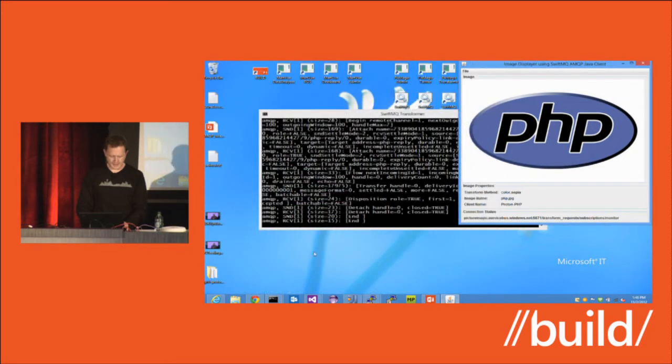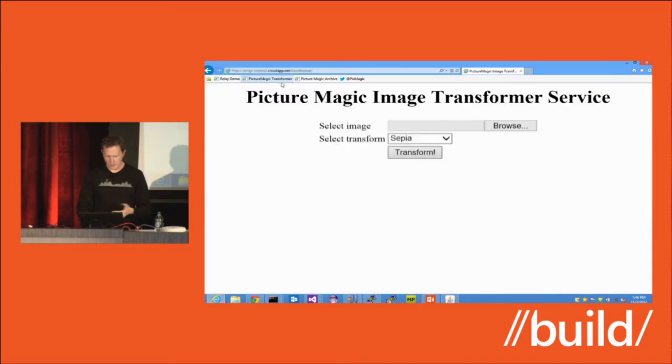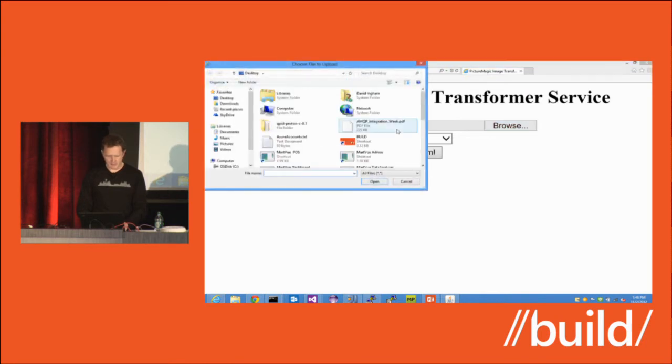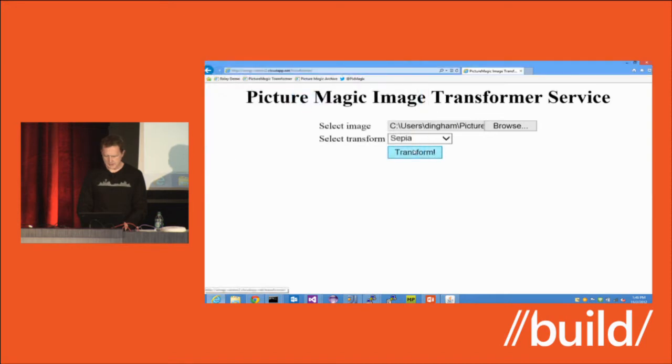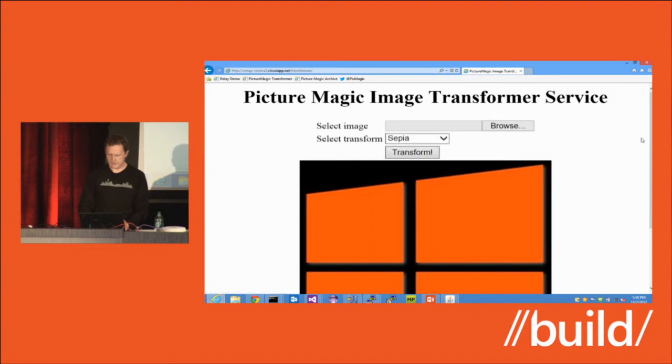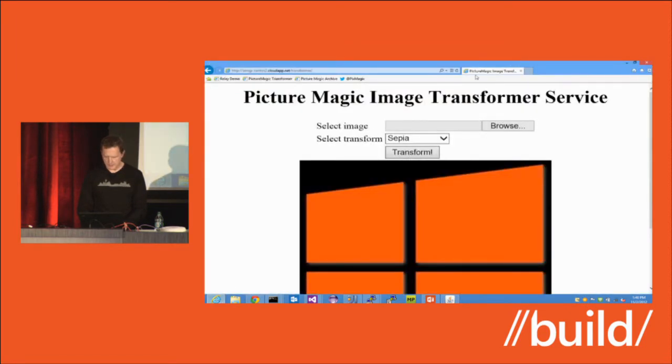I've also set up on that same machine, using that same library, a web page using PHP. So here I can go and browse an image. So we'll take that image. I can apply a transform, hit transform, and I see the response image. Okay, so that's Python, PHP. On the server side, that